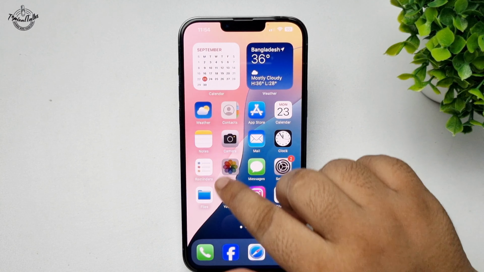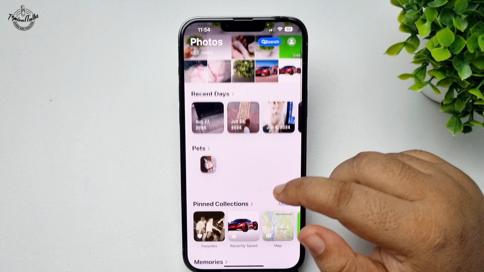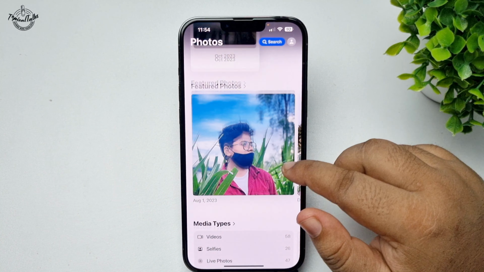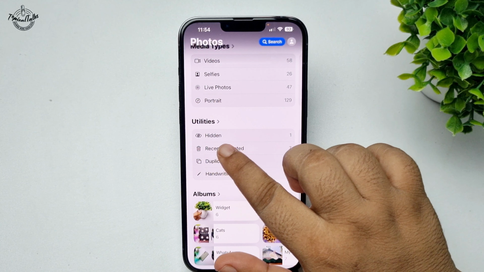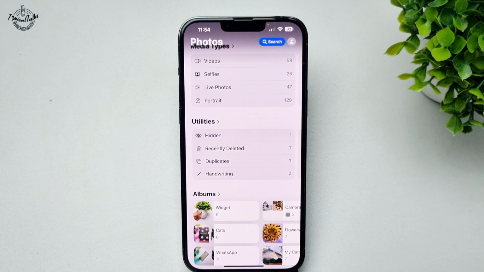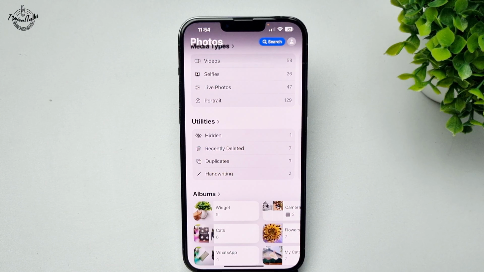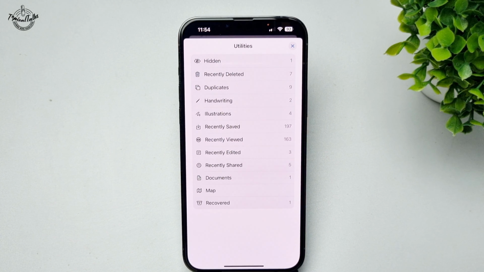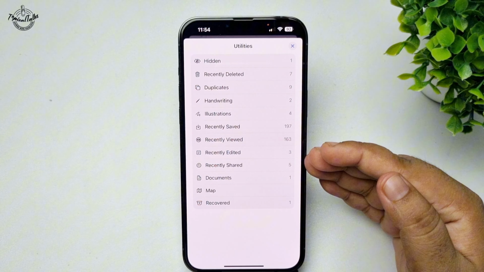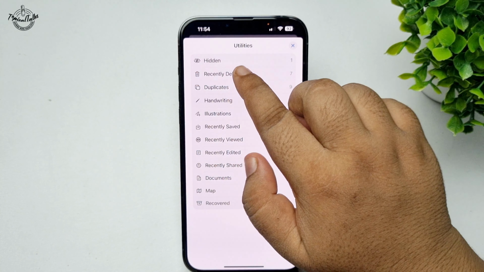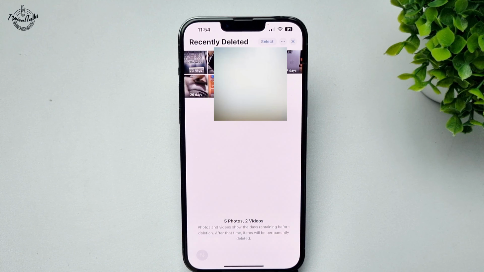So go to your Photos app and here scroll down all the way to the bottom, and under Utilities you should see the recently deleted folder, or you can just tap on Utilities and here you will find all utilities. Tap on recently deleted and here you will find all of your recently deleted